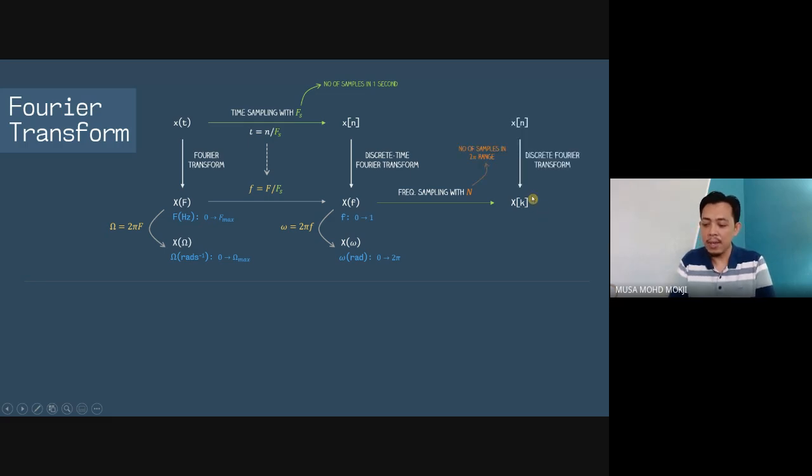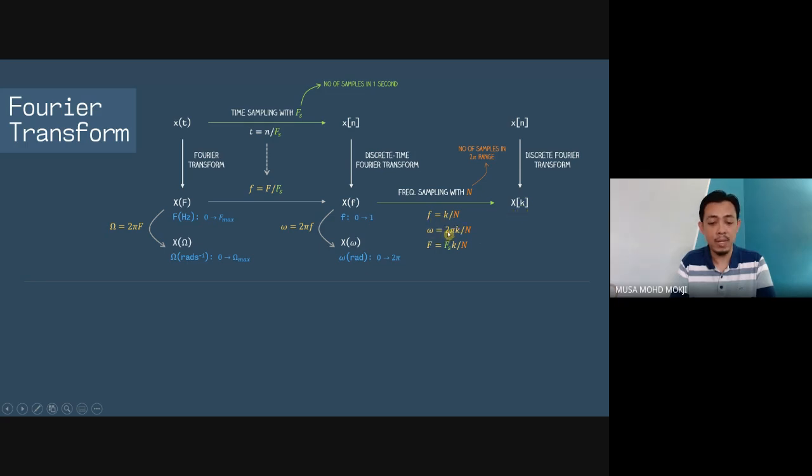And if you have a discrete time signal and do a Fourier transform, we call it discrete Fourier transform. Continuous time: Fourier transform. Discrete time: discrete time Fourier transform, but the frequency is still continuous. To have everything in discrete form, we are doing the discrete Fourier transform. And this is the relationship. We have this relationship between small f, capital F and fs, and we have this k. So you have all those relationships between f, the small omega, the capital omega, whenever you have this k, right?